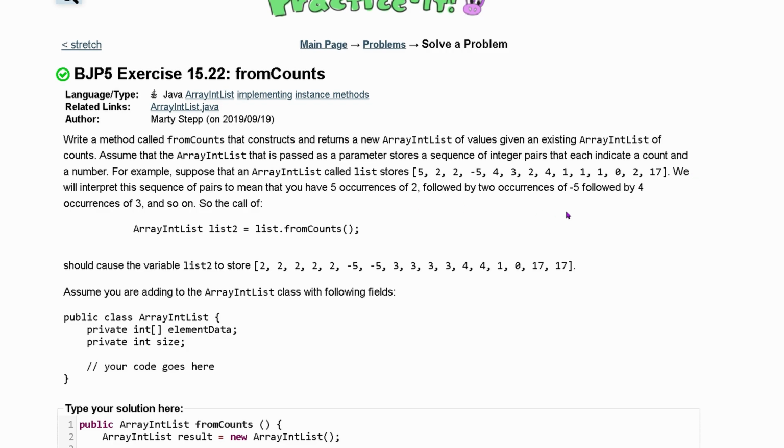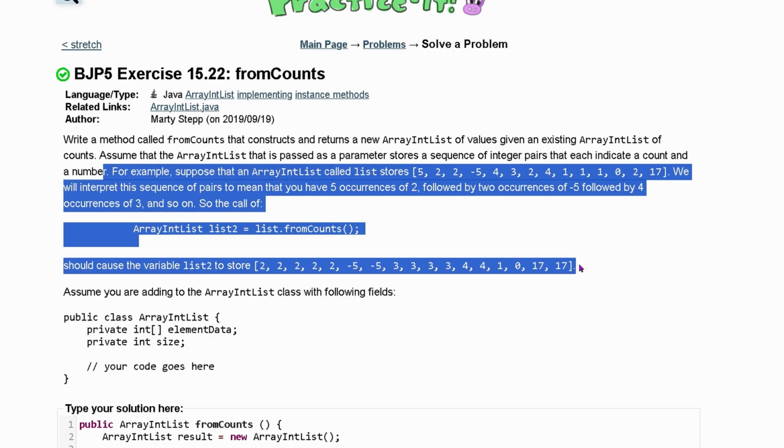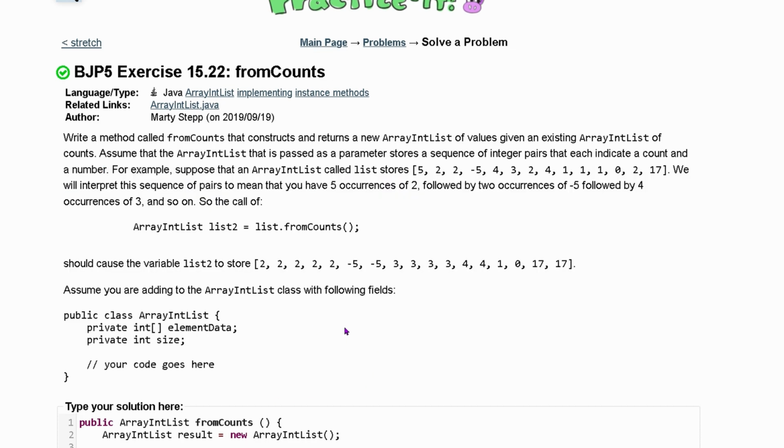This means that we can always assume there's going to be an even number of elements inside of here. And then we're given an example, so if you don't understand it so far, you can read through this example. If you do, let's start coding. You can see that I already have public ArrayIntList fromCounts because we're returning an ArrayIntList, and the name is fromCounts. We have no parameters, and we have to make a new ArrayIntList in here